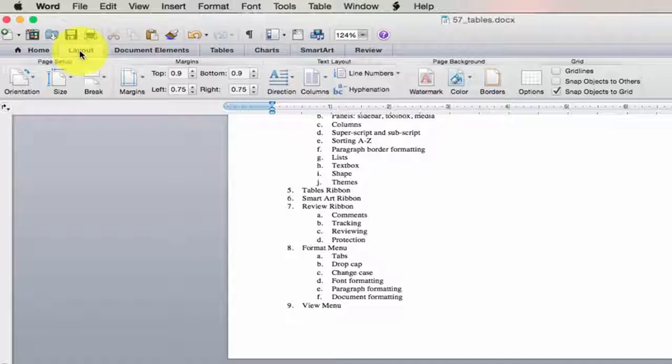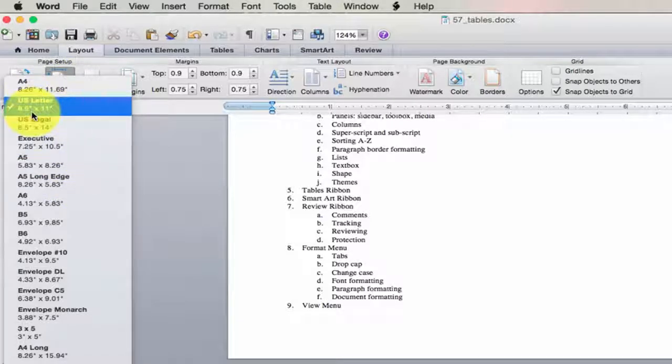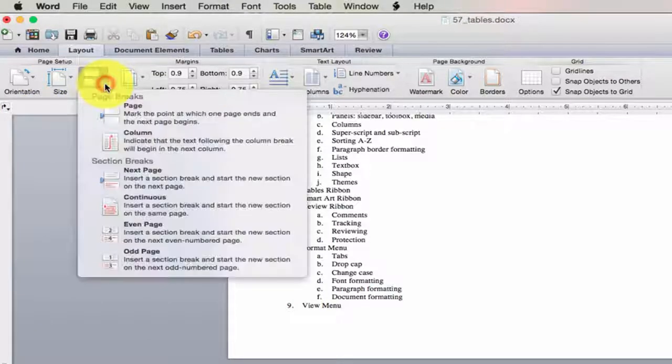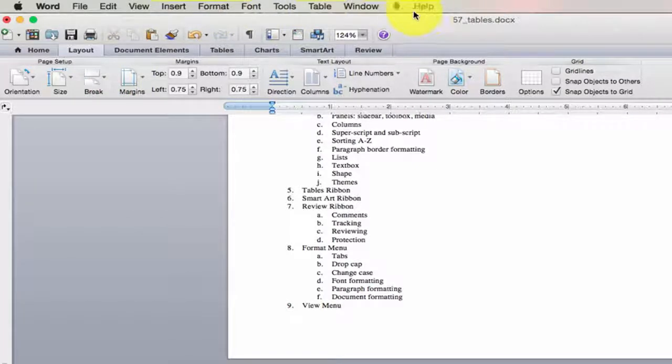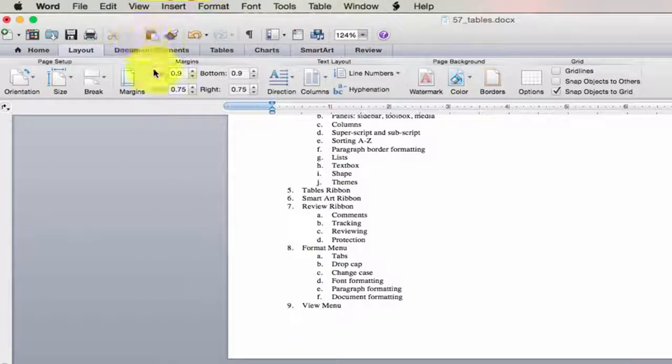But you'll see here under the layout ribbon, we've already done changing the orientation, changing the paper size that our document's printing on, 8.5 by 11, the standard US letter paper size. Putting in new breaks, right? We could get to new breaks from that drop-down menu if you wanted to insert a new break. We could change our margins. We've looked at doing columns, adding line numbers, hyphenation, adding a watermark, doing background color, doing borders,